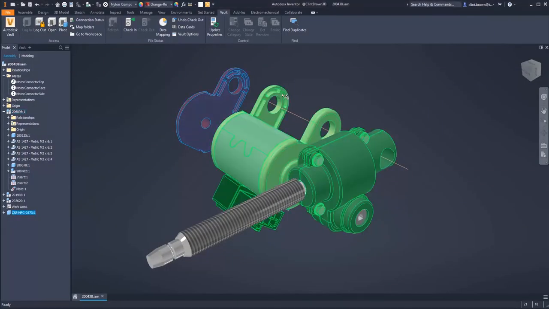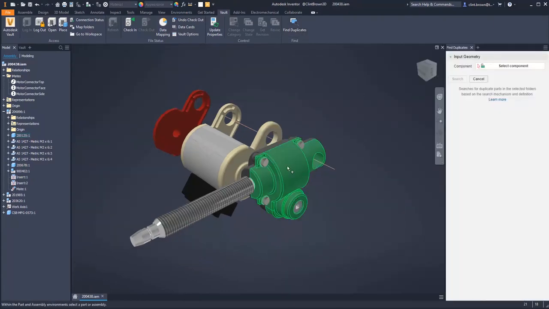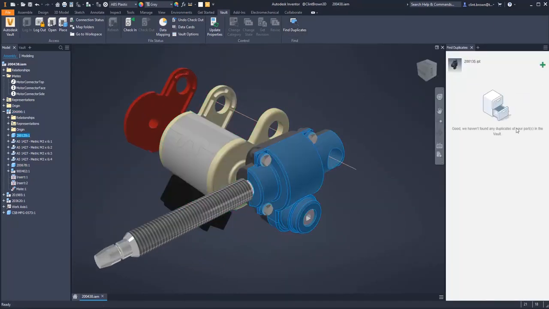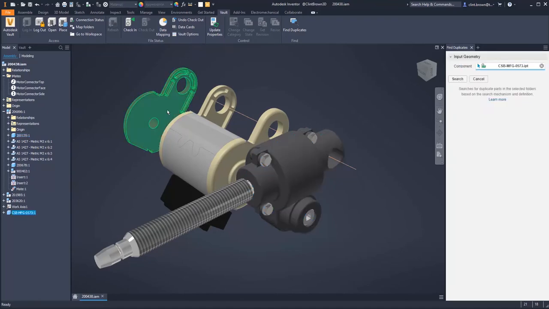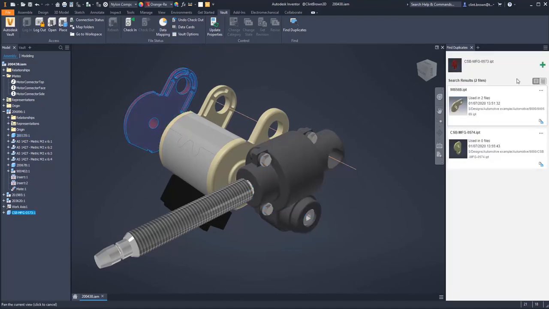Create a duplicate of the component shown on the left over here. And we're going to run Vault's duplicate search functionality. So if we choose the side cover and we run a search, we see that there's no duplicates found. If we repeat that though on the copy that I made earlier, and it searches the Vault, you'll see it's